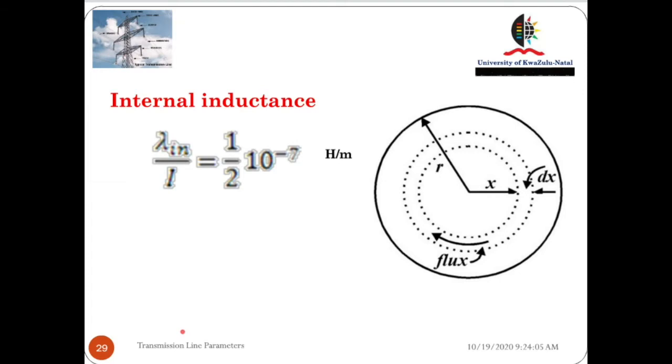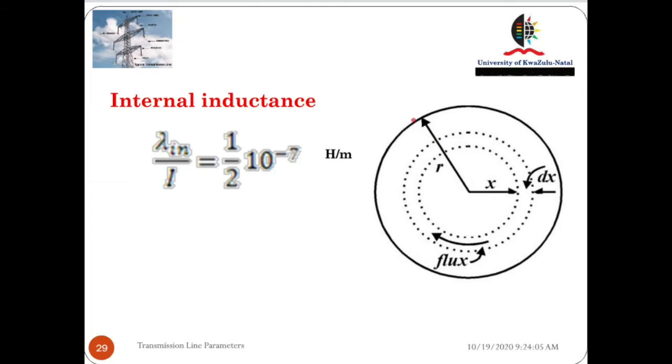Mu 0 is absolute permeability, and mu r is the relative permeability. So once we have those two, we can find out the flux linkage by taking the integral of all the flux linkages starting from the center, meaning small r is equal to 0 to r, and